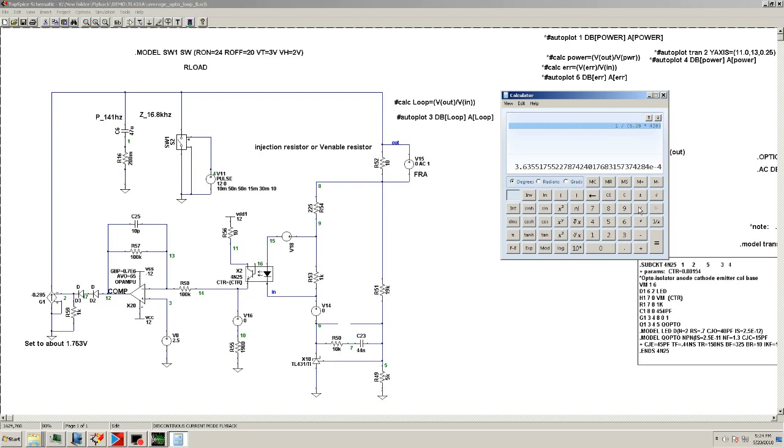If I divide this by 10,000, it should give me the amount of capacitance that I need to cancel that pole. And I need 36.3